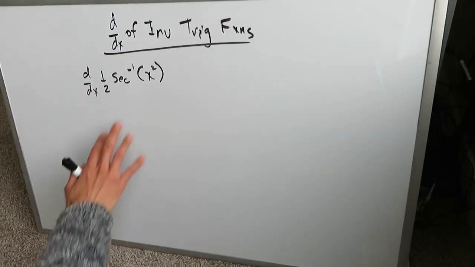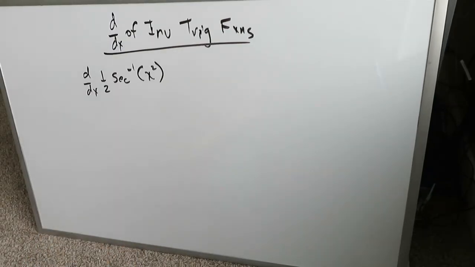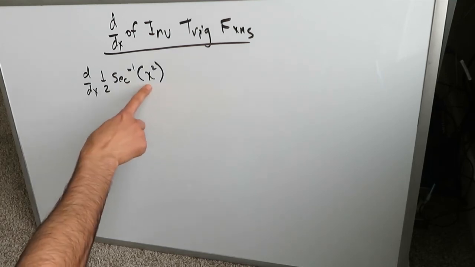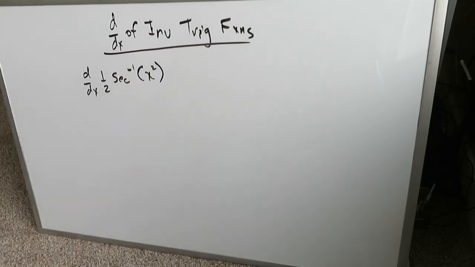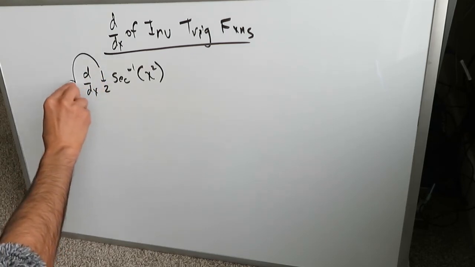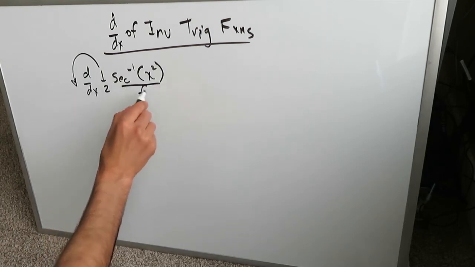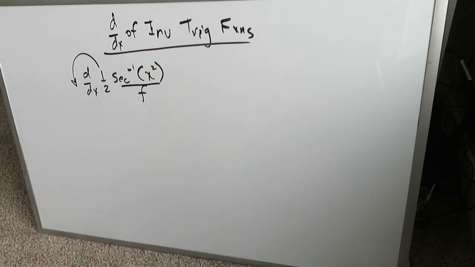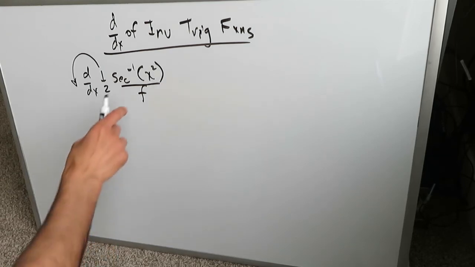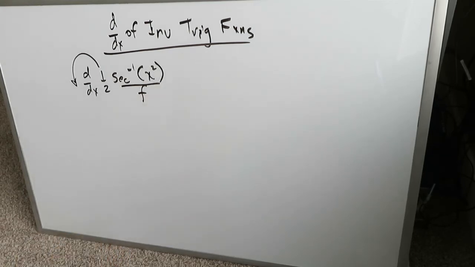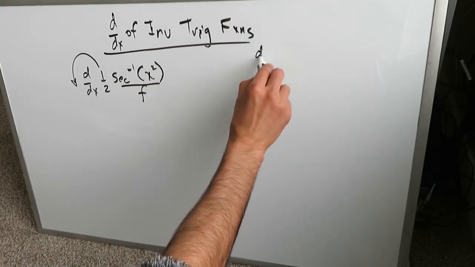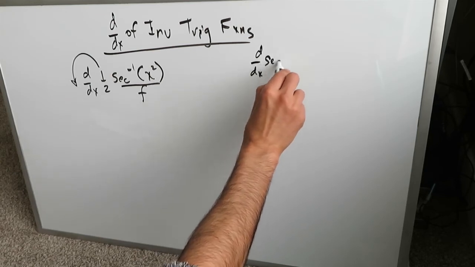Okay, let's turn our attention to this question over here. We have a derivative of this function. We have to calculate half inverse secant of x squared. We're not looking at a product of two functions, and we have a coefficient that can very happily come out on the side, and we would be looking at a single function, but it would be a composite function, so we have to use the chain rule. Looking back to what I previously mentioned with the previous example, let's put the derivative of this inverse secant function using